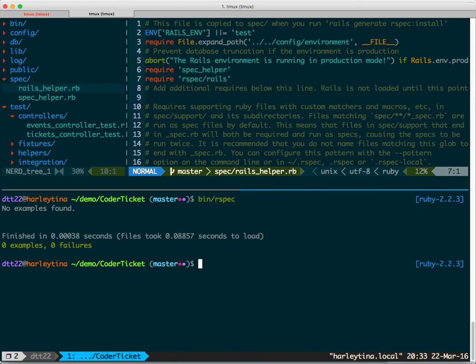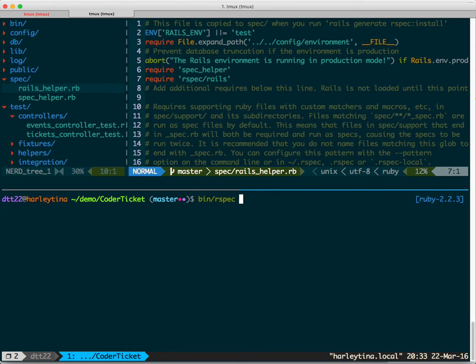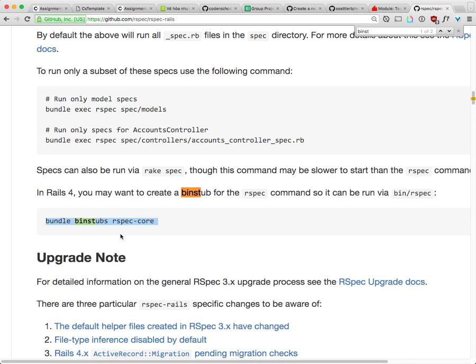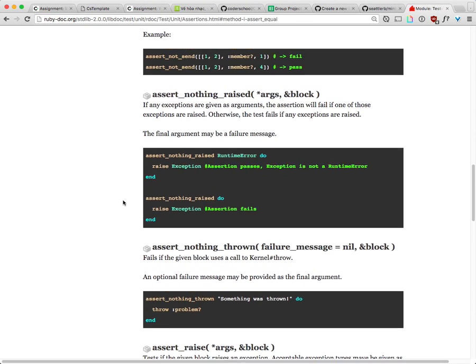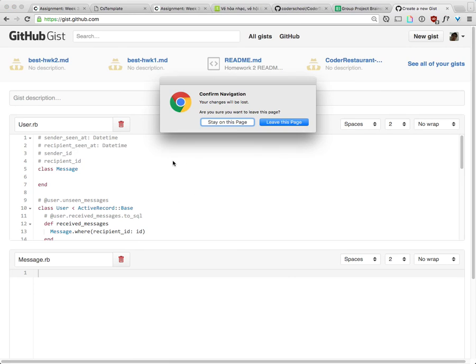So the beautiful thing with RSpec is that now you can run anything inside. So the spec folder, that's the entire directory, or you can run only the models or controllers or any file, even one line in the file. Regular test frameworks don't have this. Okay, we don't have any tests yet. So let's go back and write some tests for our